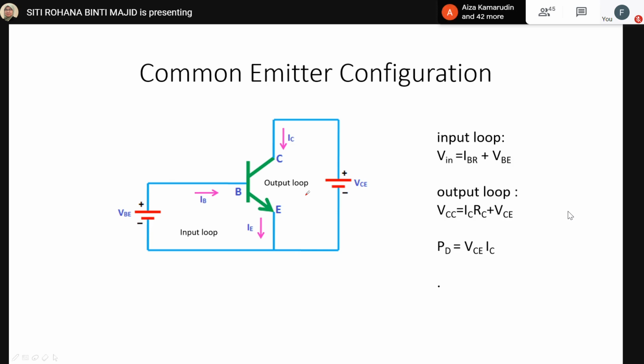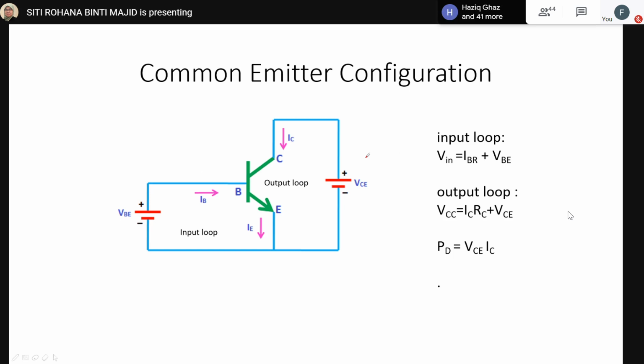So that's VBE with VE for the terminal for the input loop. For the input loop, again, the relation between the base, emitter, and collector currents can be written as IE equals IC plus IB. So we can have two voltages here, which are VBE and VCE, applied respectively to the base and the collector